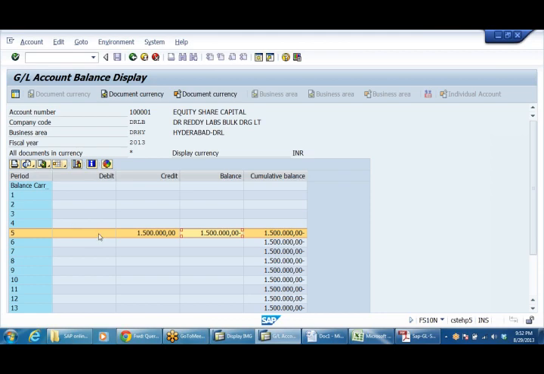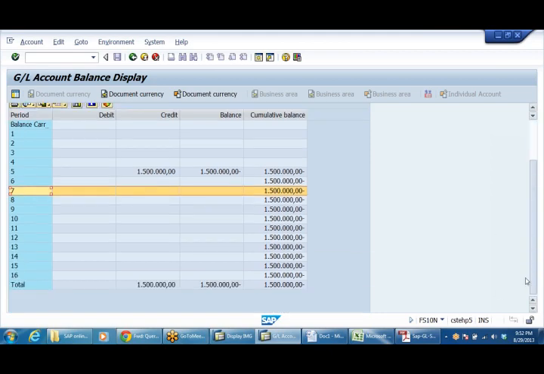No, just wait. So this is the balance, and here period 1, period 2, period 3, period 4, period 5, 6, 7, like this number of periods the system is showing, up to 16 periods. Now we have posted the accounting entries in period number 5.